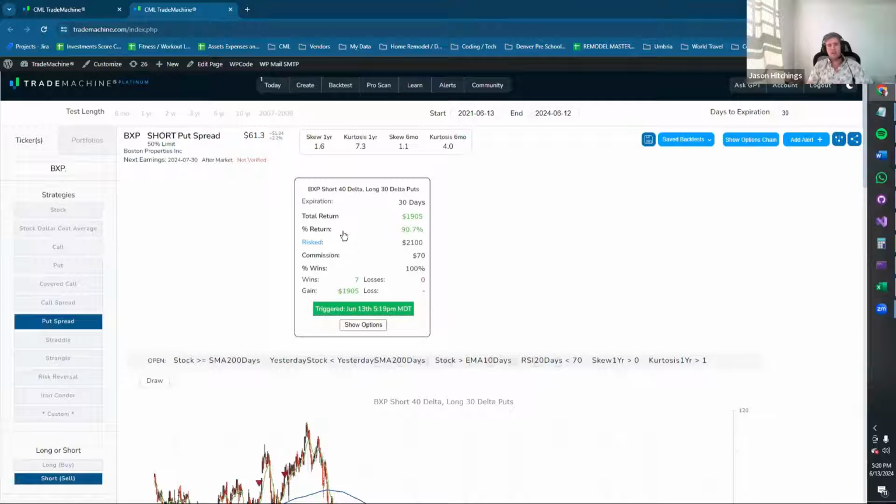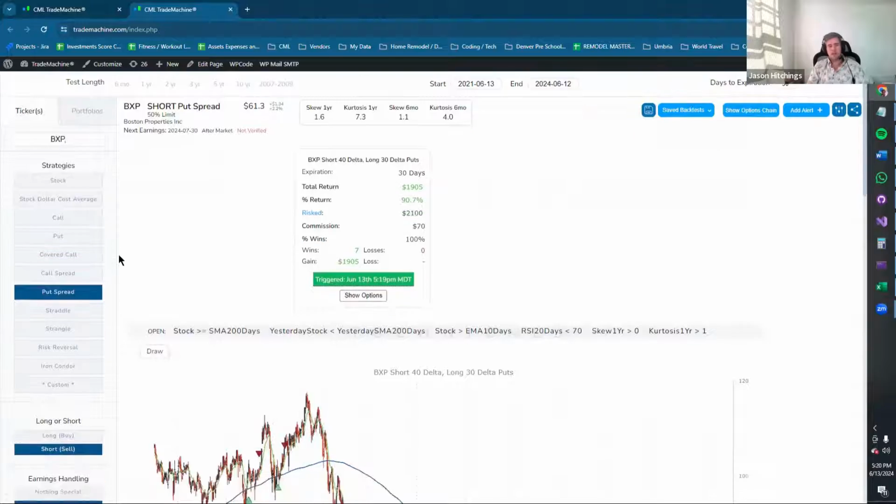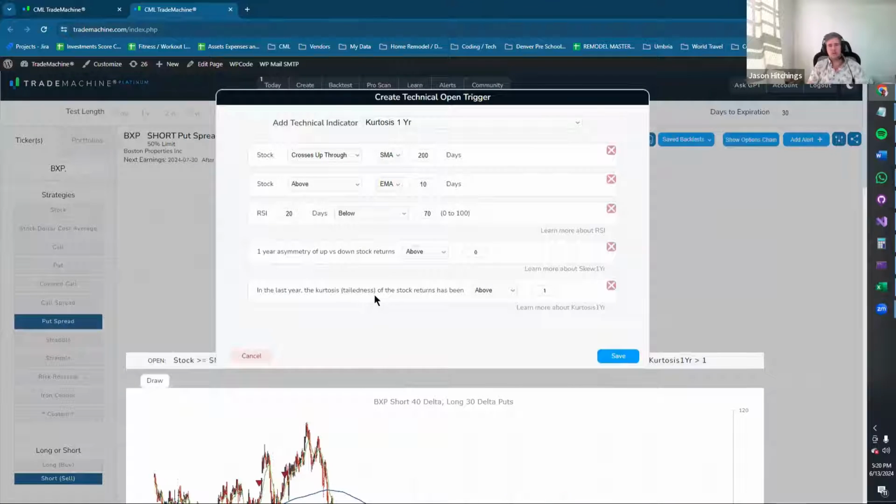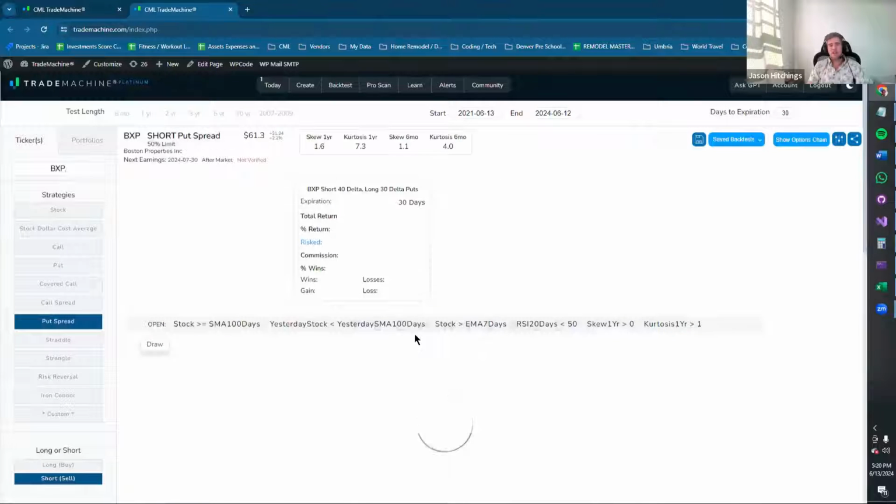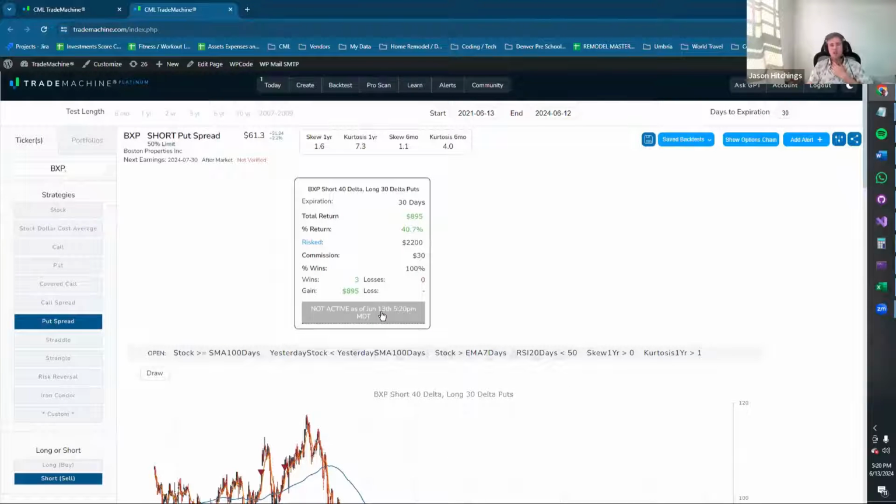If you found one that you liked and maybe you tweaked it, just for our purposes here, let's say that you looked at some and you just said, I'm fine if the RSI is below 50, and I like to look at a 7-day exponential moving average, and I want it to have crossed up through the 100-day moving average. So now you can save that and say, okay, well, all of those technical conditions aren't true today. But that's the trade I'd like to do.